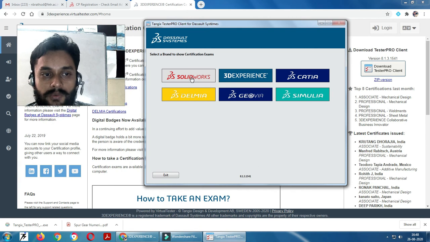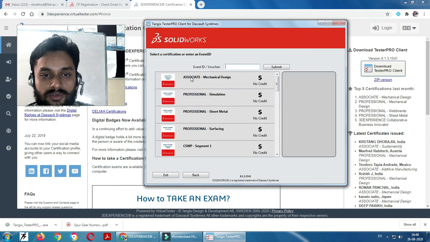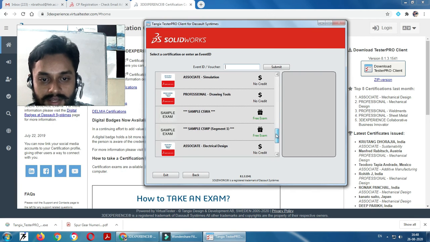If I want to give the SolidWorks examinations, just click on SolidWorks. There are a number of examinations available, like CSWA, that is mechanical design, then CSWP, professional, then simulation, sheet metal, surfacing, mold making, sustainability, and additive manufacturing.